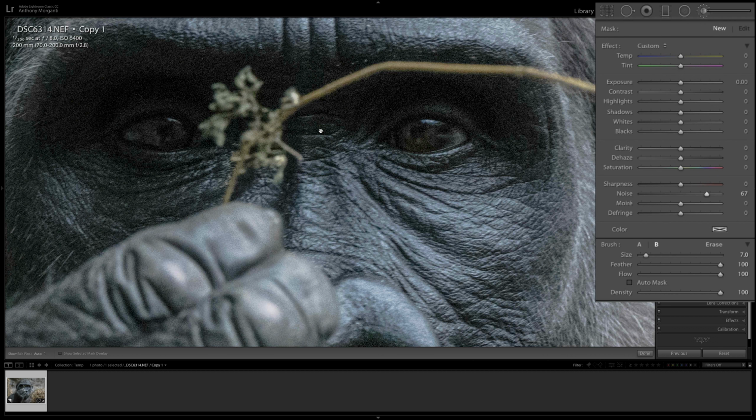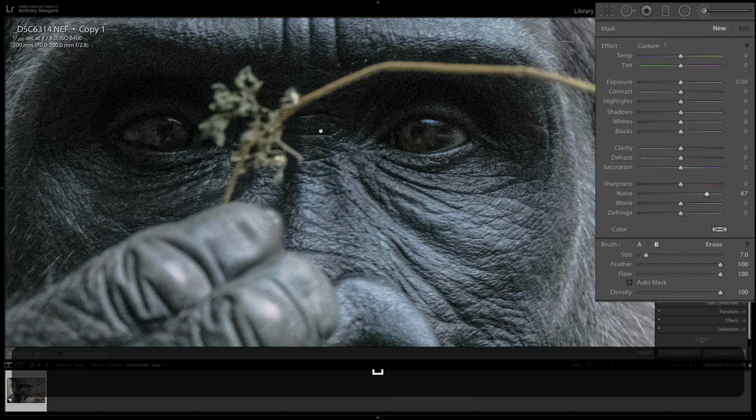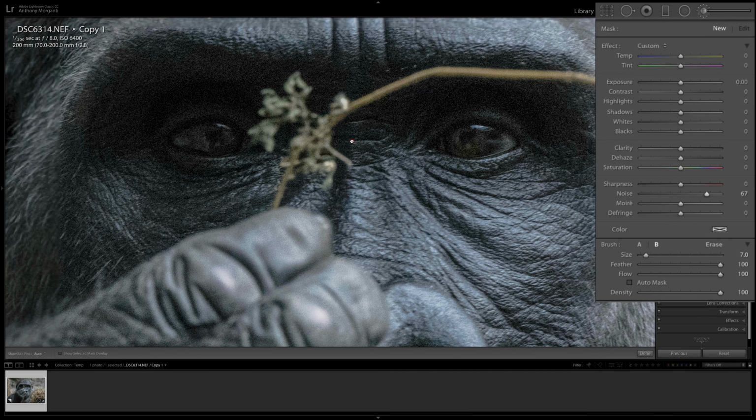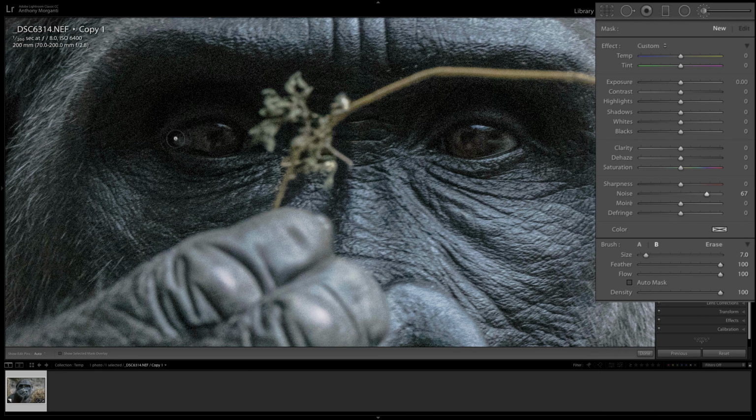Click with the left mouse button, and you could zoom in. You could also drag the image around. Hold the space bar in, then just drag the image around, just like that. So we could see there's significant noise around her eyes. Not that bad, though. I actually shot at ISO 6400 with a Nikon D500, but enough where I want to